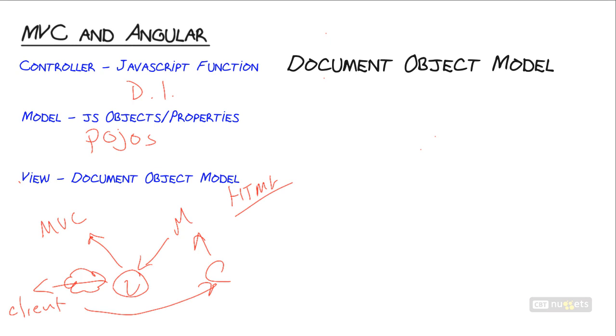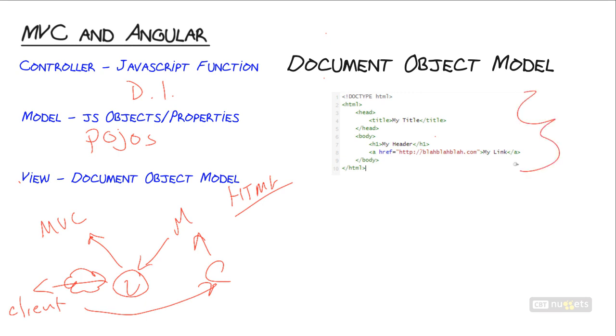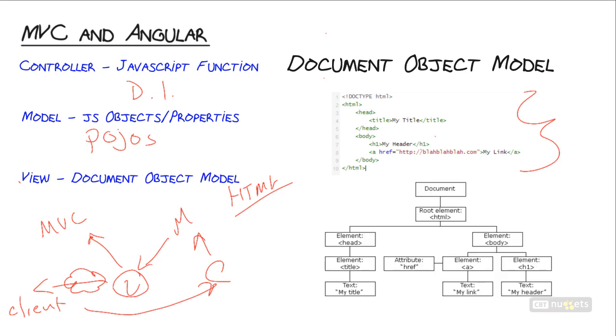So the document object model is just a way of thinking about your HTML code. Take a look at the code I've got up here on the screen. It's pretty simple, pretty straightforward. There's a few elements, a few nodes, and some attributes, and some text. Well, each of those things can be thought about in a parent-child relationship, and we call that parent-child relationship the document object model. We treat the whole document like a bunch of objects, and they each have a relationship to